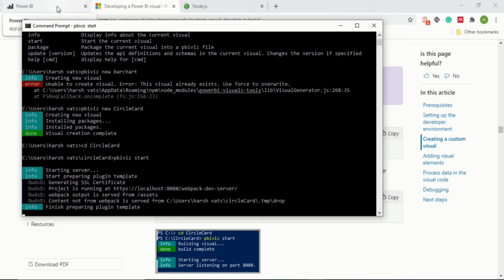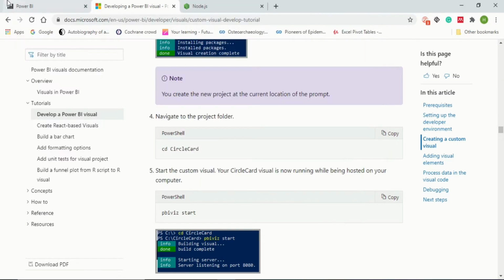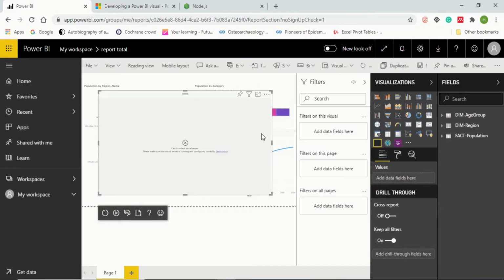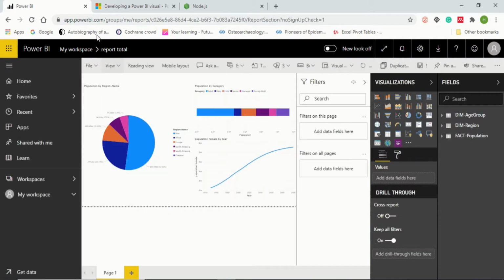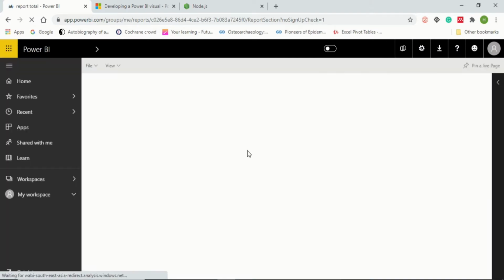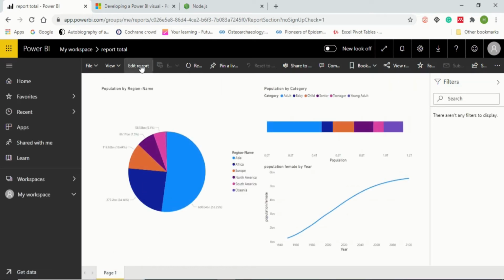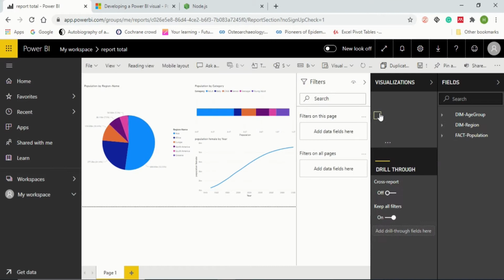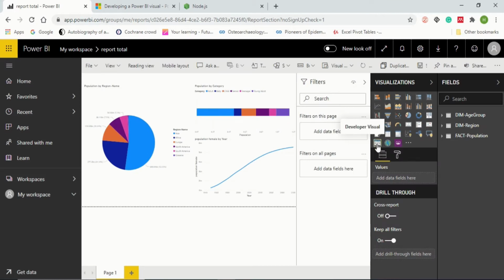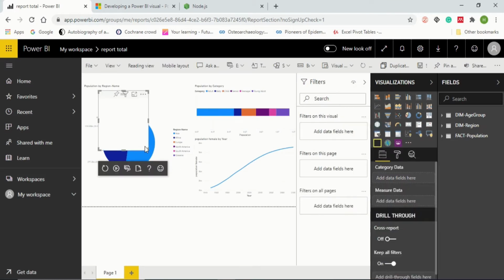Now we again go back into the Power BI service. Just click on Internet Explorer, go back into the Power BI visual and just reload it. After the reloading, you will see a few changes in our developer option. So again we are back in our report. Just click on edit report. In the visualization pane, you will see a developer visual. Click on it again and you will see changes in it. Now we have an update count that is 0. This is how you know your server is working.